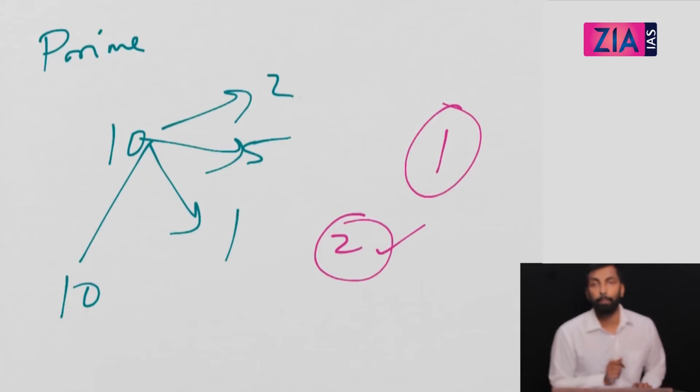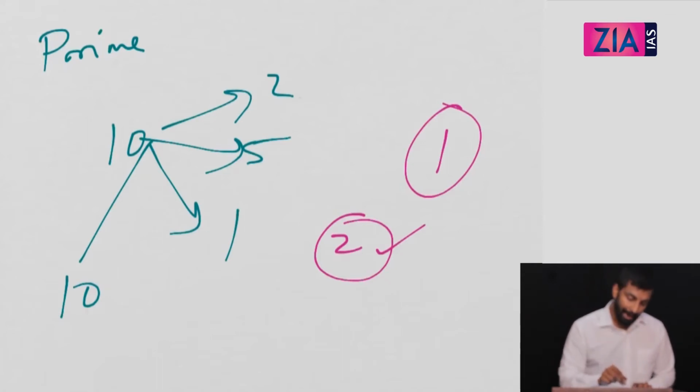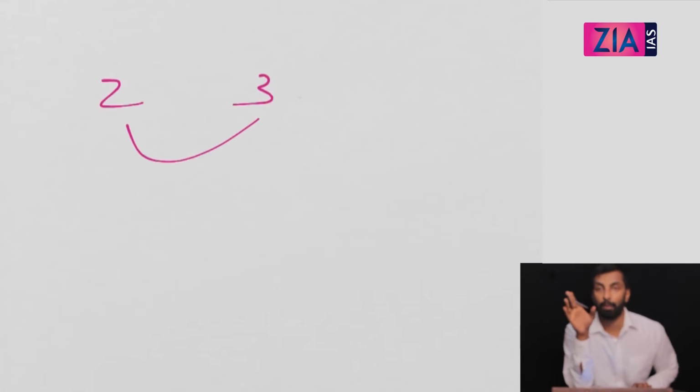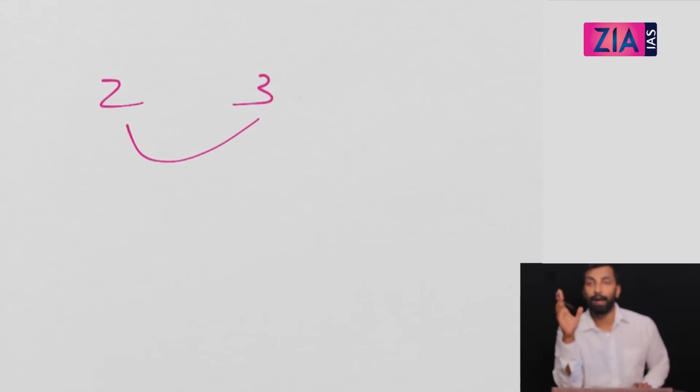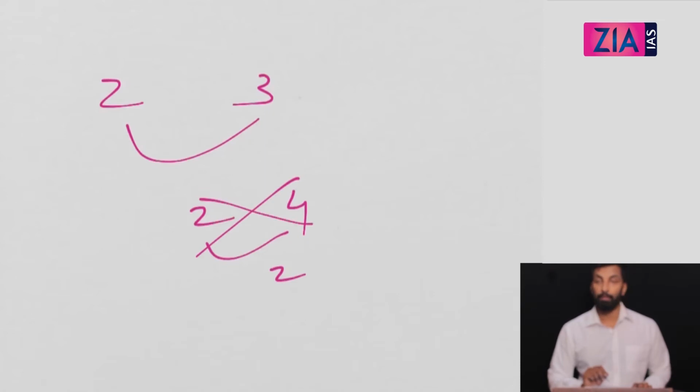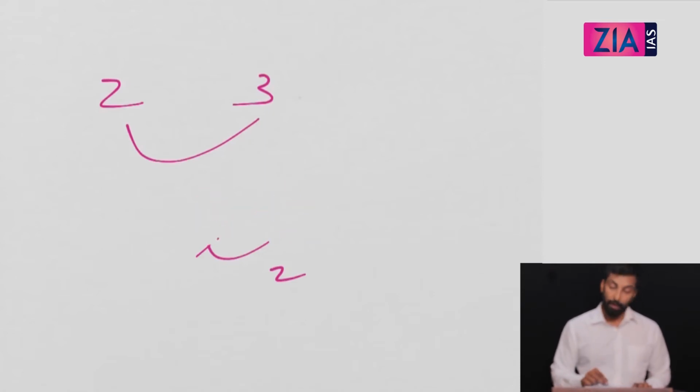Then what do you mean by coprime numbers? Coprime numbers are basically relatively prime numbers. It's like this. You take any two numbers. Let's take 2 and 3. If you see the highest common factor of these, it's actually 1. There is no other common factor except 1. So these numbers are called coprime numbers. You take 2 and 4, there is a common factor 2, so these are not coprime numbers. But 2 and 3 are coprime numbers.